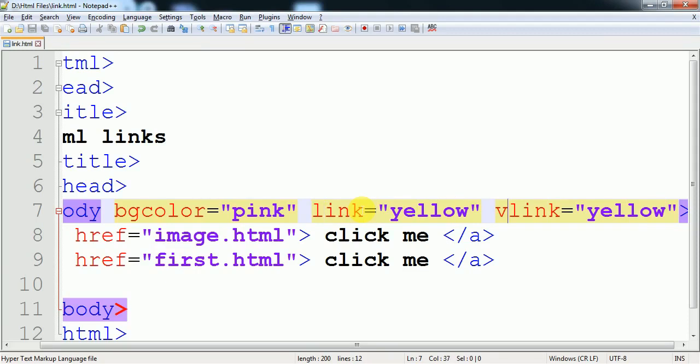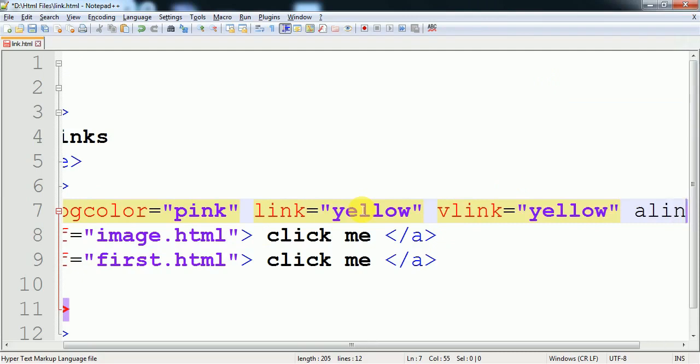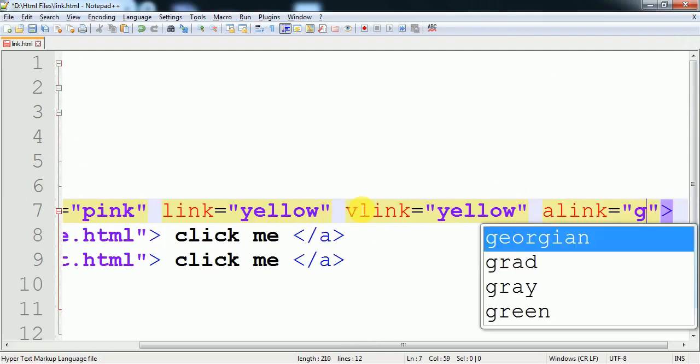Vlink represents a visited link, and for an active link we use alink, and I give here the color green instead of red. So refresh it. Now we see the color becomes green. It is the active color. Clear?